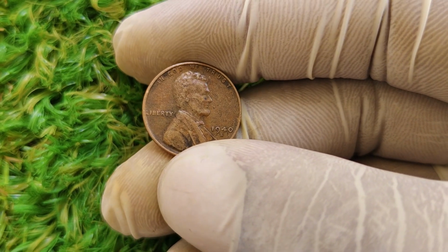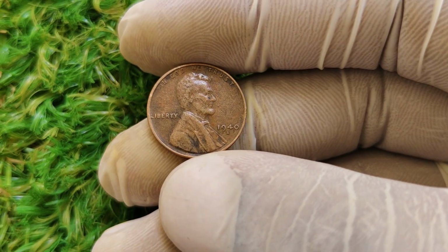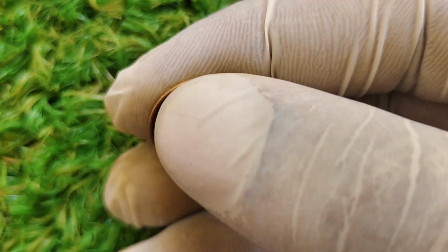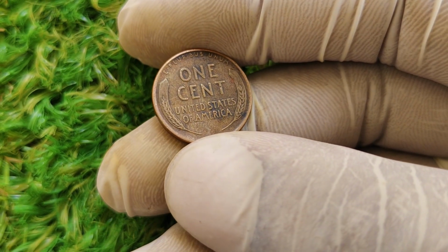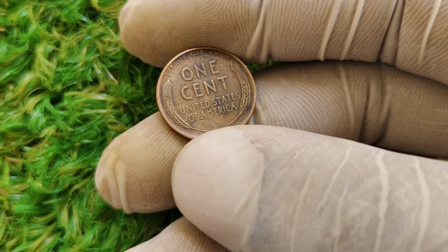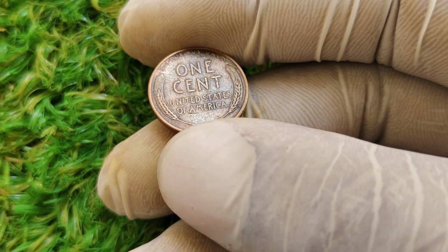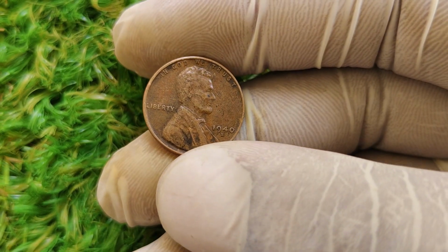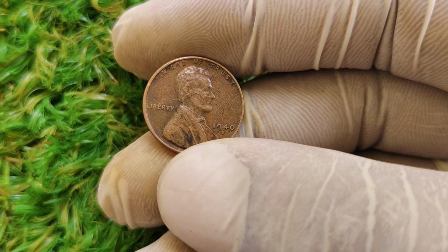Let's take a closer look at the coin's history, design, unique mint characteristics, rarity, and what factors influence its modern-day value. First, let's start with the background. The Lincoln Wheat Penny was first introduced in 1909 to commemorate the 100th birthday of President Abraham Lincoln. Designed by Victor David Brenner, the Lincoln cent became the first U.S. coin to feature the image of a real person, and not just any person, but one of the most beloved